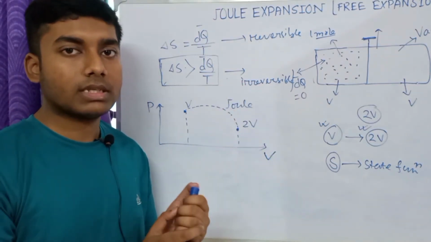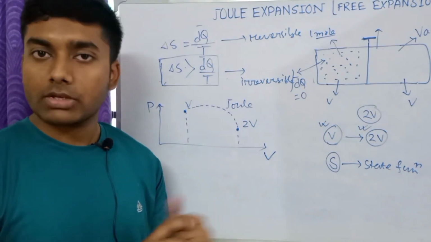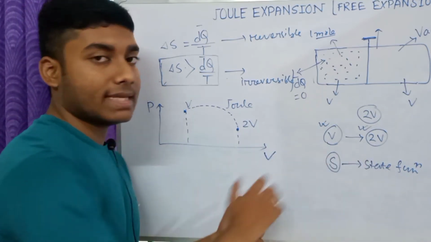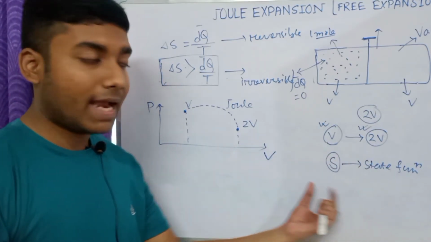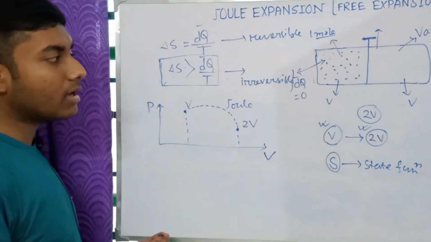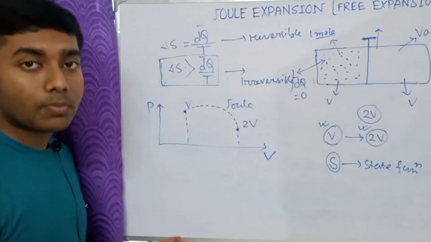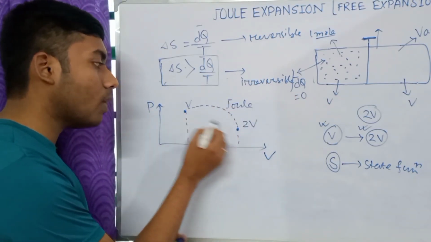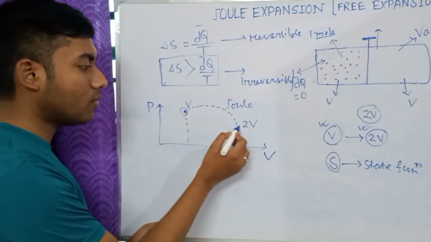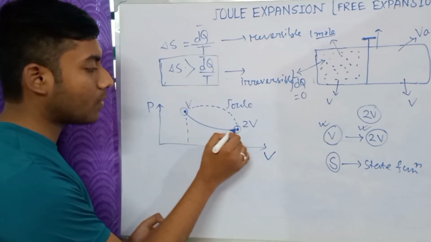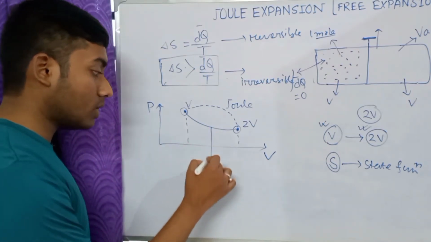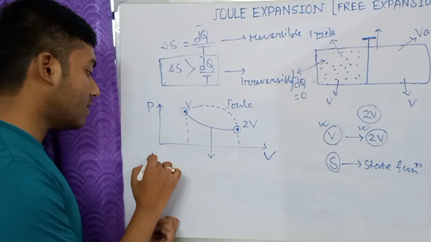So can you connect these two things? The solution to this problem is that, as S is a state function and del S depends only on the two endpoints, we can think of another process connecting the same two endpoints. If we fix these two endpoints, V and 2V, and consider another process of expansion of gas, and the process is a reversible process,